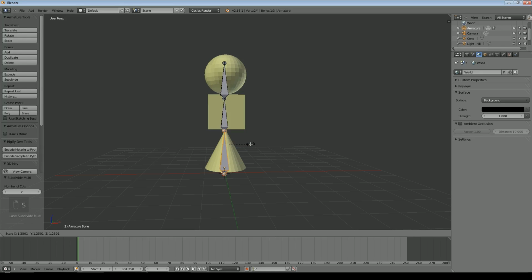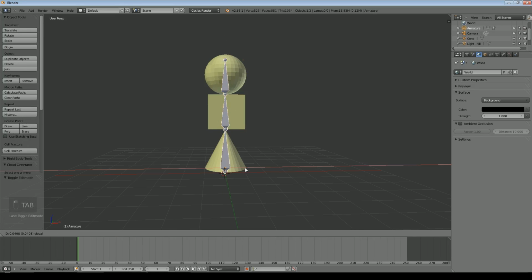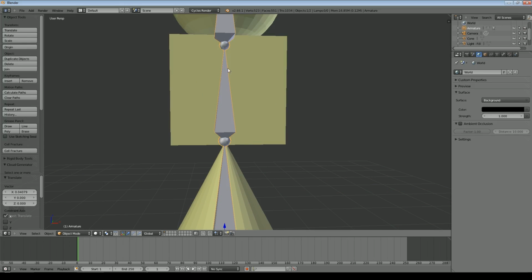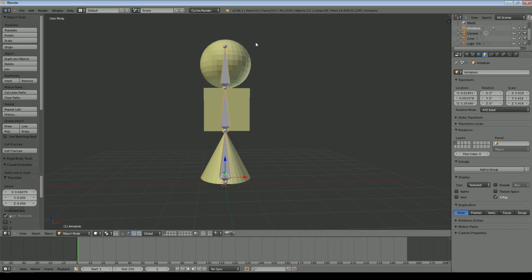And if I just alter the scales a little bit and the positions, what I'm doing is I'm making the bones effectively map to this shape underneath. Now the thing about bones is they join at these ends, but what you can do is you can move them around and they will remain connected to each other.